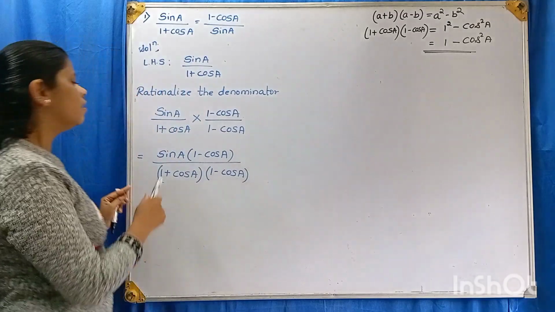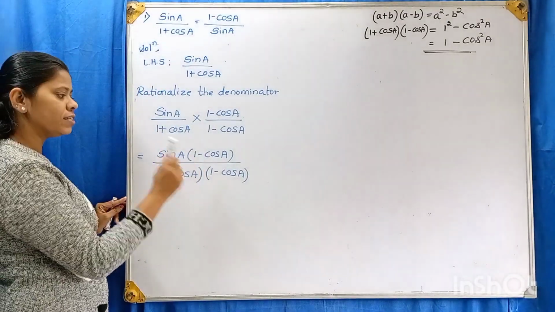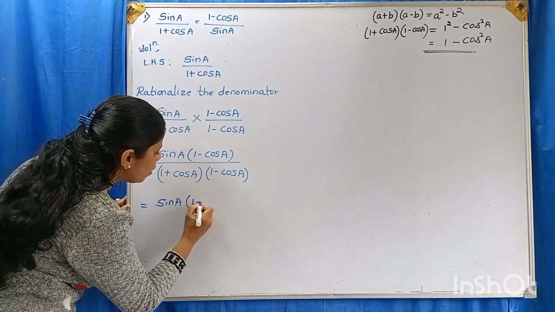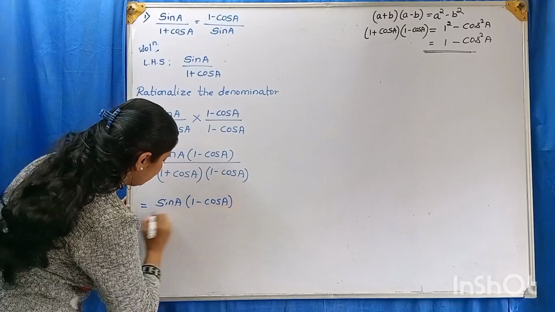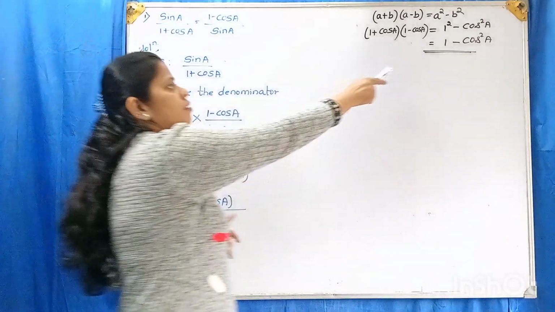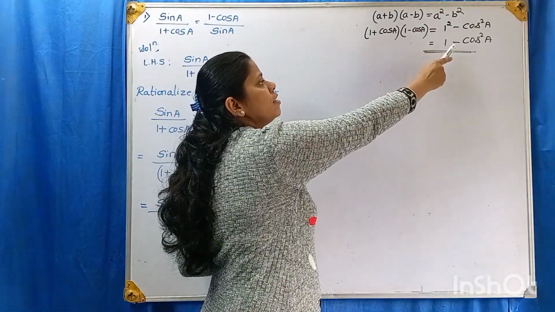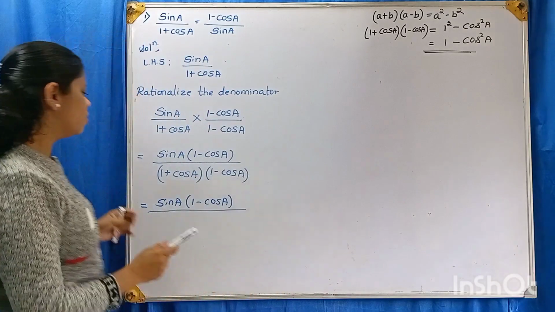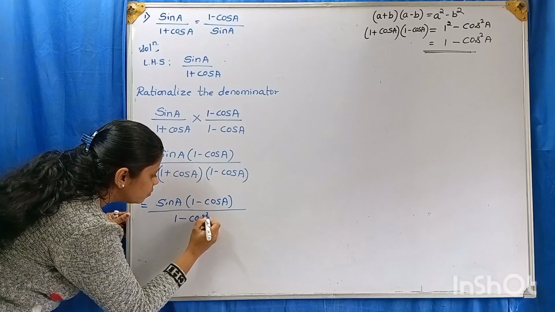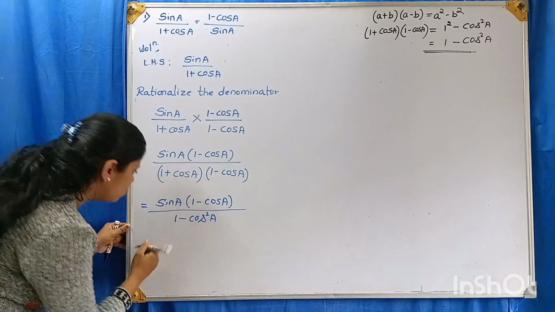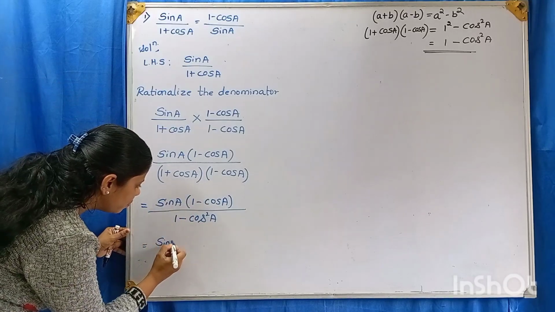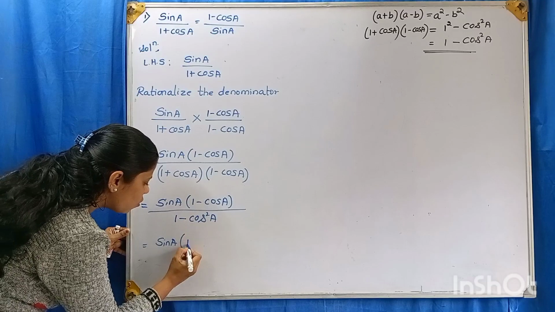Okay? Now let me write this sin A into 1 minus cos A as it is, divided by 1 plus cos A into 1 minus cos A. See here, 1 plus cos A into 1 minus cos A is 1 minus cos square A. So this one I will write it as 1 minus cos square A. Okay? Now let me write the numerator as it is. That is sin A into 1 minus cos A